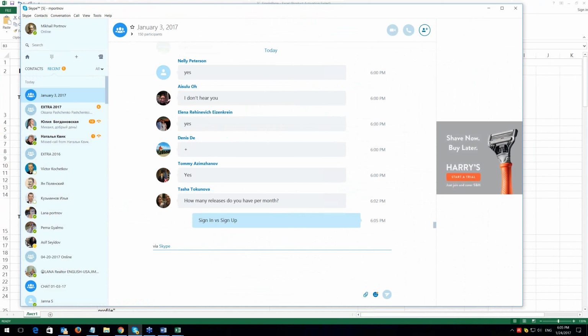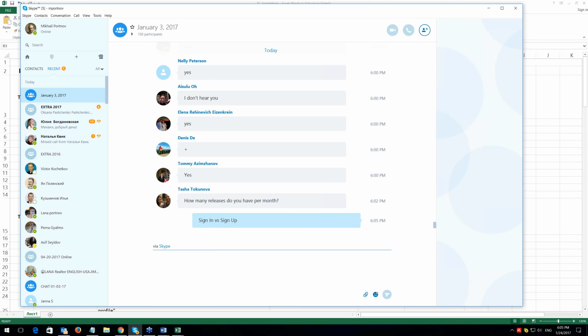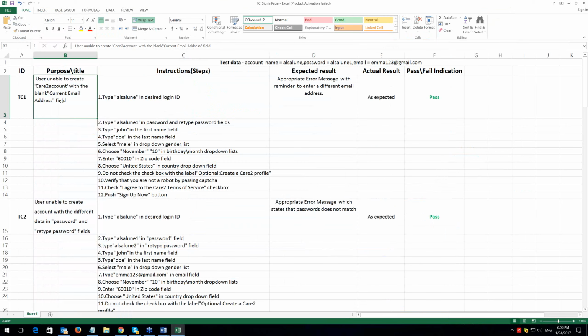We can do it when we already have an account, when we already have the username and password, or when we can sign in or log in with Facebook Open ID. Sign up is the same as register, create account. So we have to understand that these are different things. Sign up and sign in, different things. So test cases are done for sign up.